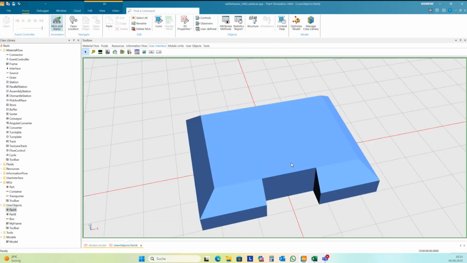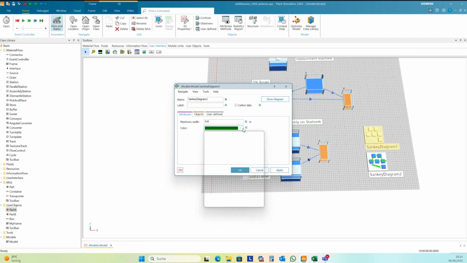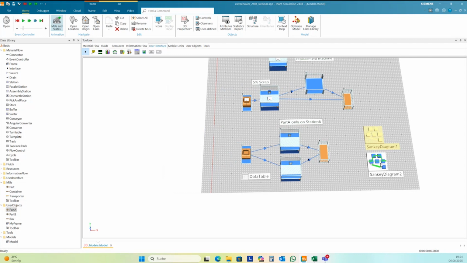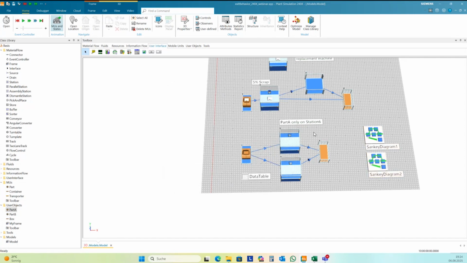If I open it in 3D, it's light blue. And so I change the color here to blue. And Sankey diagram 2 is green. It's okay. And then I try this.